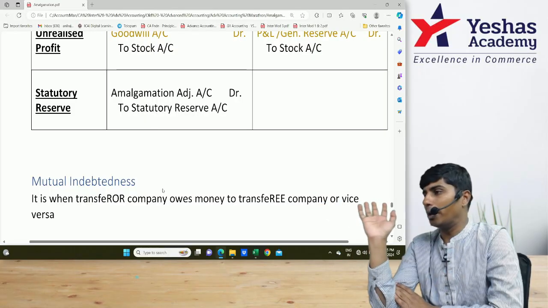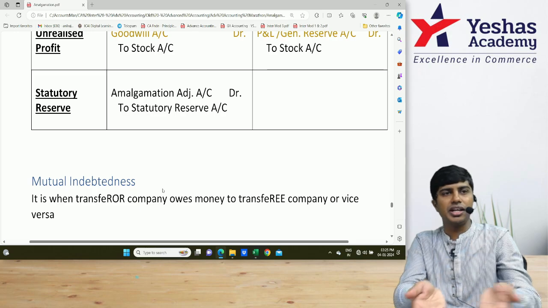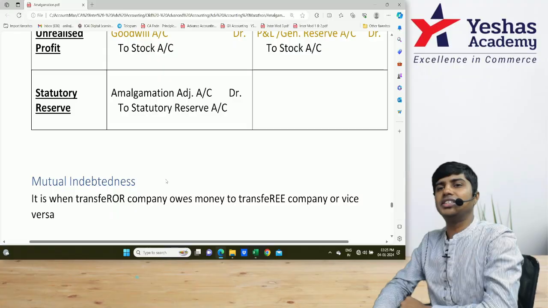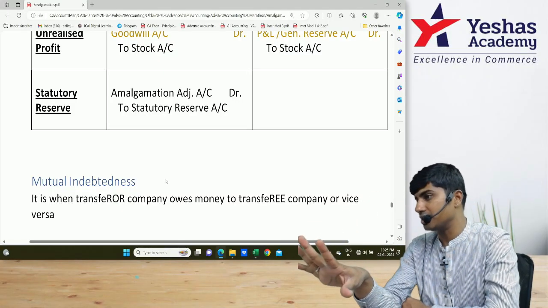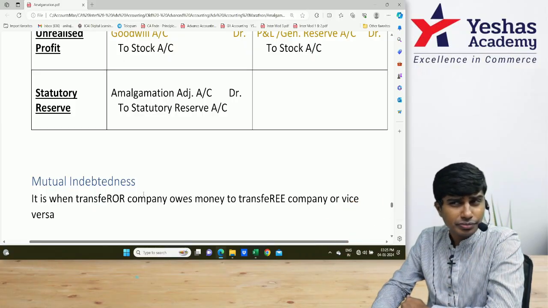After this, we would have to prepare the balance sheet. When you prepare the balance sheet, remember the old balance sheet plus these journal entries that we passed now will affect our new balance sheet. In the new balance sheet, remember to show disclosure for shares or debentures issued for non-cash consideration. That is on amalgamation. This is how the accounting is done in the books of transferee.